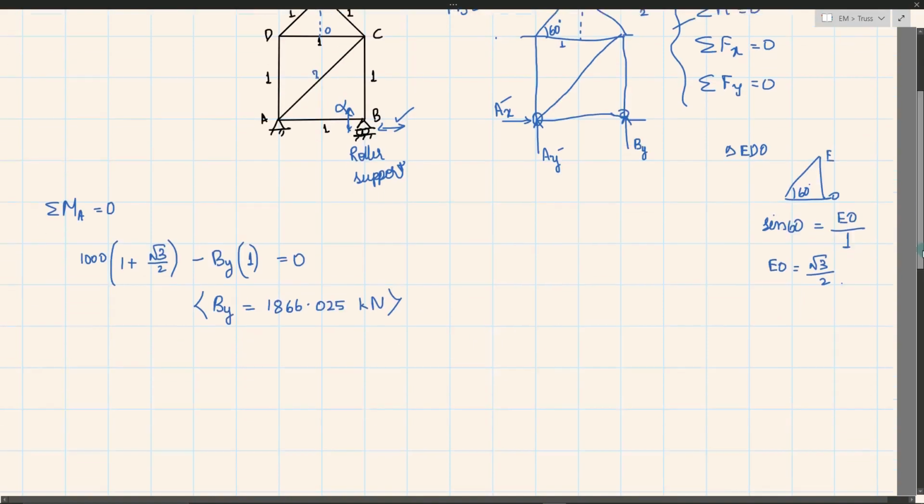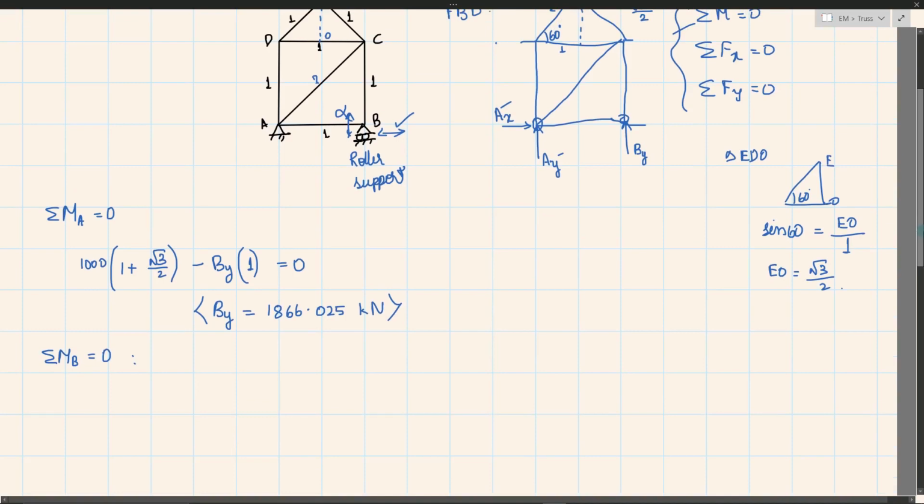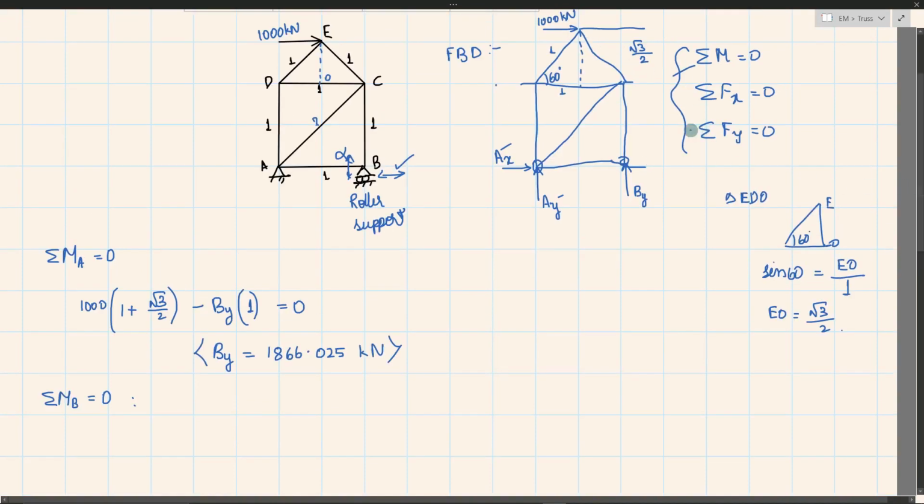Okay, so next I'll consider sigma MB is equal to 0. What I'll have is this 1000 kilonewton external force tends to rotate the body in clockwise direction, so again I'll have 1000 into 1 plus root 3 by 2, and plus, because AY is also tending to rotate this whole body in clockwise direction, I'll have AY into 1 is equal to 0. This implies that AY is equal to minus